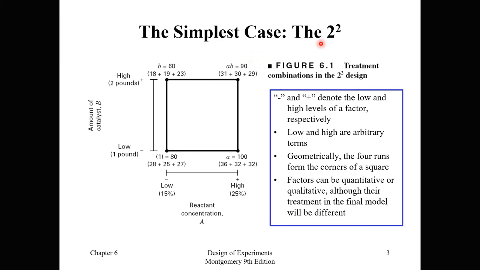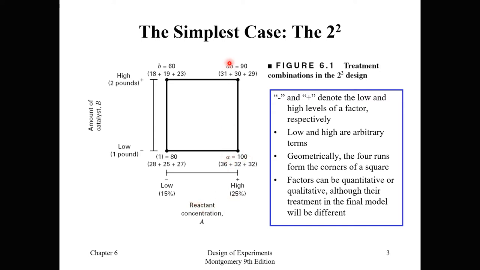All right, so the simple case, the 2 to the 2 design. We've got two factors, K equal to 2. Factor A, in this case, is reactant concentration, at low and high. These are set at two different levels, and then the amount of the catalyst is at low and high. Note what's going on here: when we have high for reactant concentration, we're going to give each run